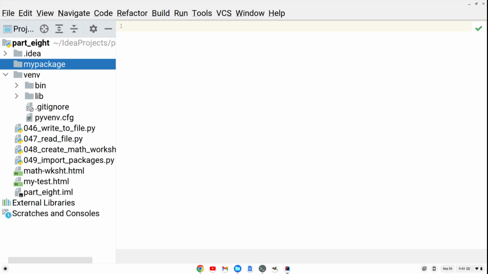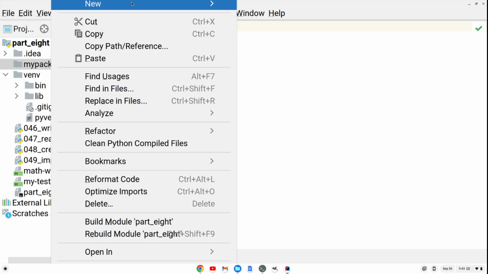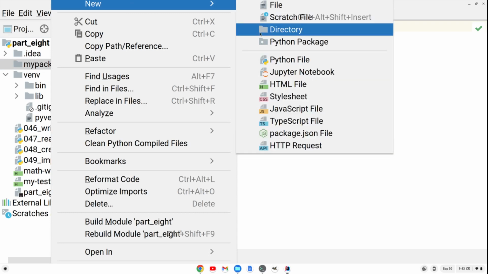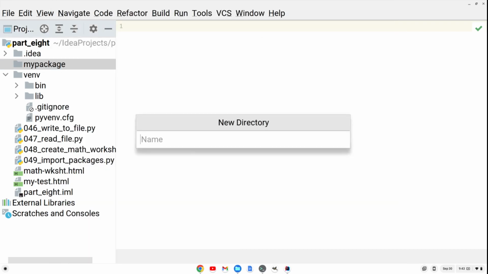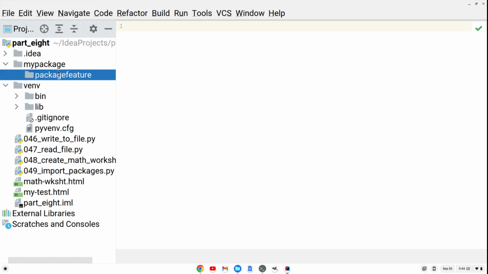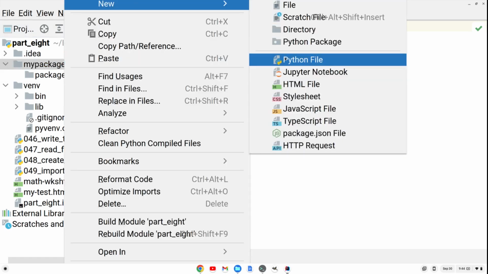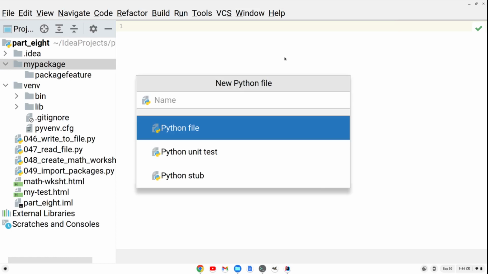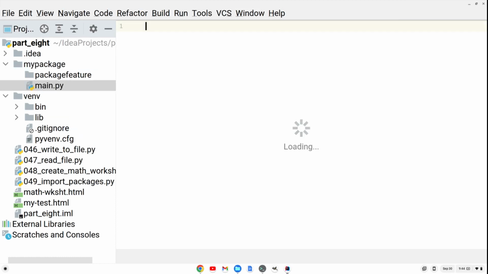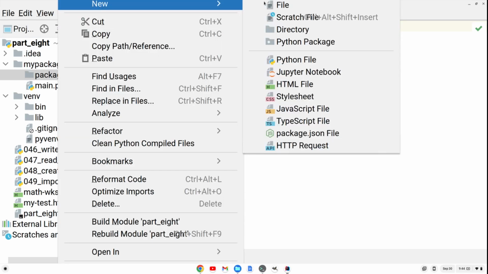Within my package, I'm going to create a new directory called, let's call it subpackage, or package feature. Let's call it package feature or feature. And also within this package here, in the my package, let's create a main.py. Okay, we need that. And then moving into the package feature, let's create a new